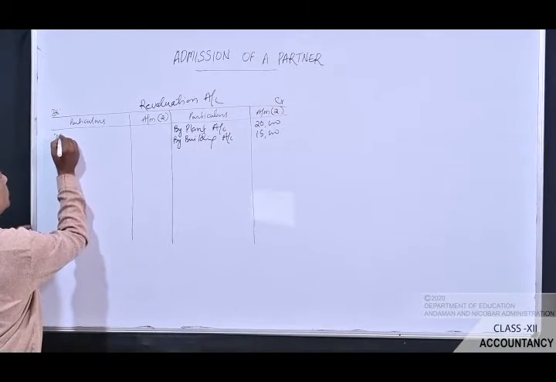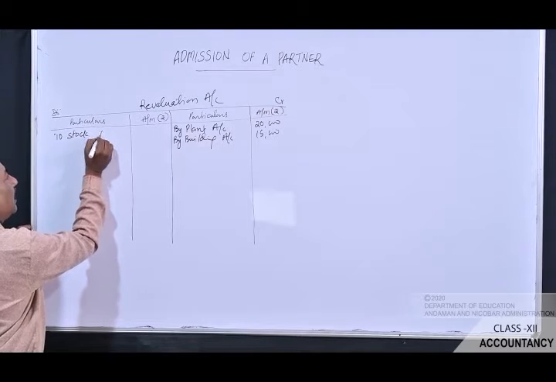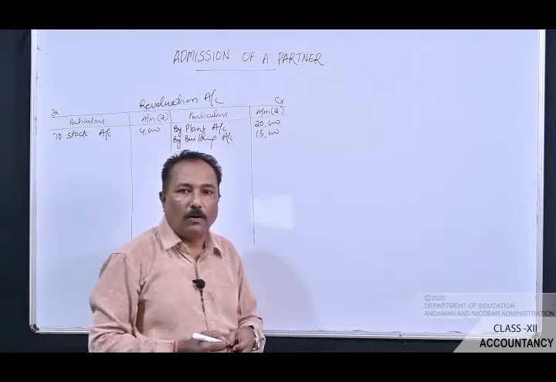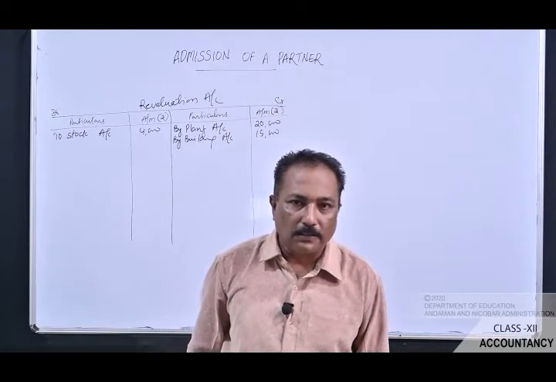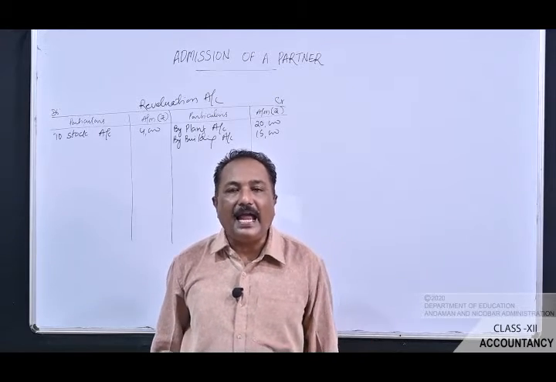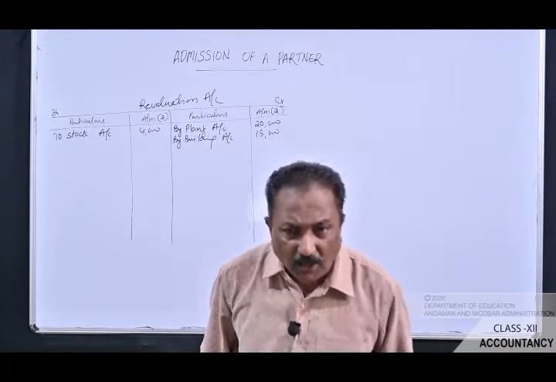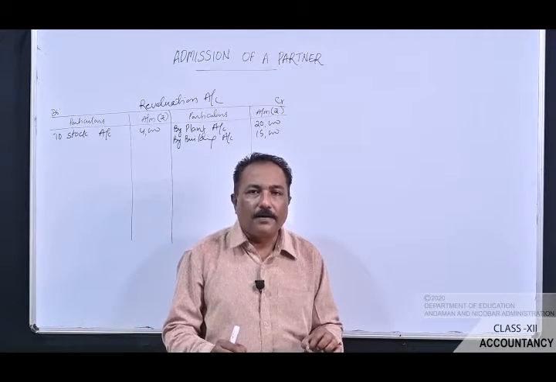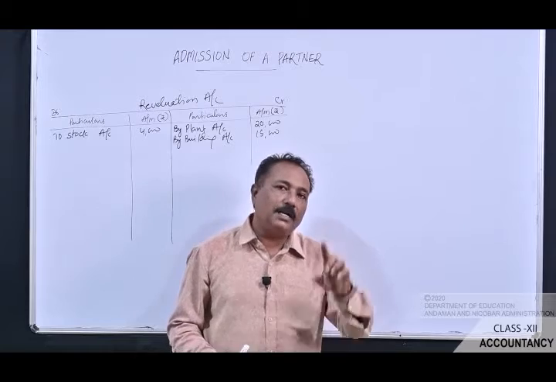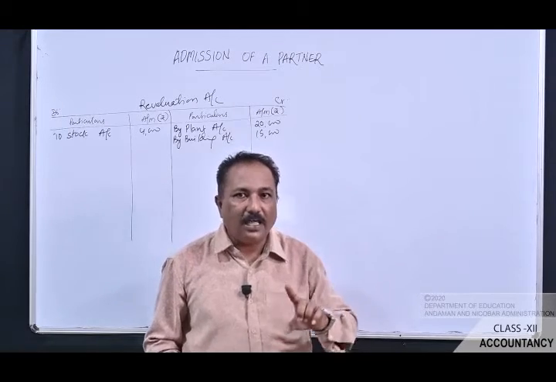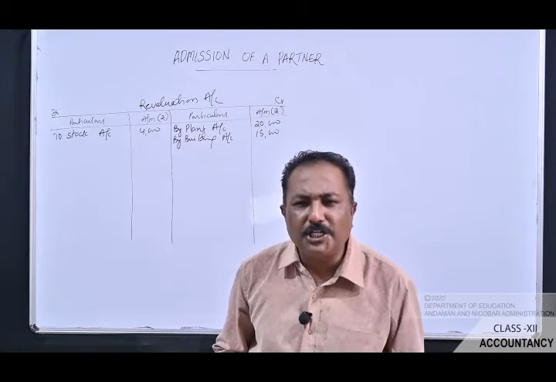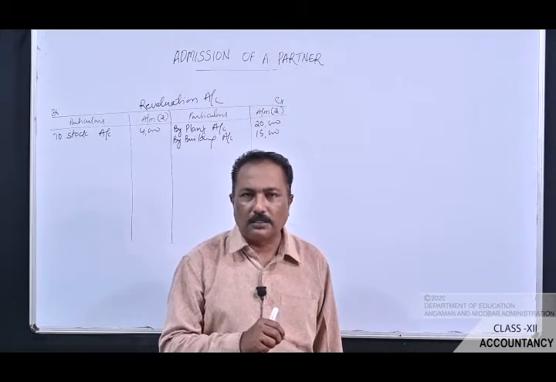So write down here as to stock account, and the amount here will be rupees 4,000. Now let's pass on to point number 4. A provision for bad and doubtful debt is to be created at 5%. Now you have to calculate the provisions for bad and doubtful debt on debtors. See what is the old value of debtor given in the old balance sheet. The value of the debtor given in the old balance sheet is rupees 60,000.